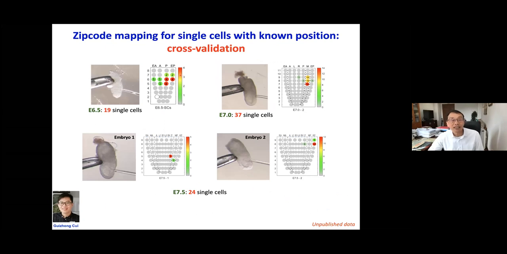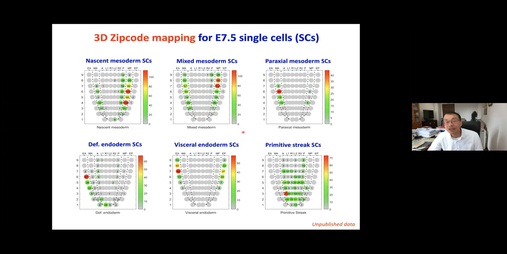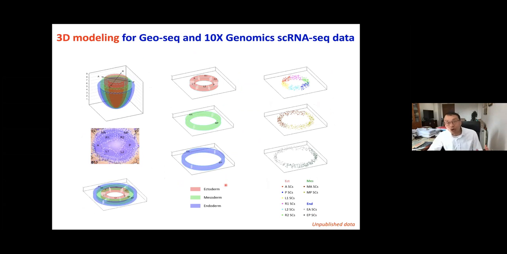We collected single cells of known lineage and known position, did the single cell seq and put them back, which suggests that this zip code mapping is quite okay. So then we can put the single cells into the different regions with their names. It's quite good. About 90% of single cells can be put back into the different regions. Like this mesoderm, and here is endoderm, in the region. And also we can put the single cells into the three-dimensional